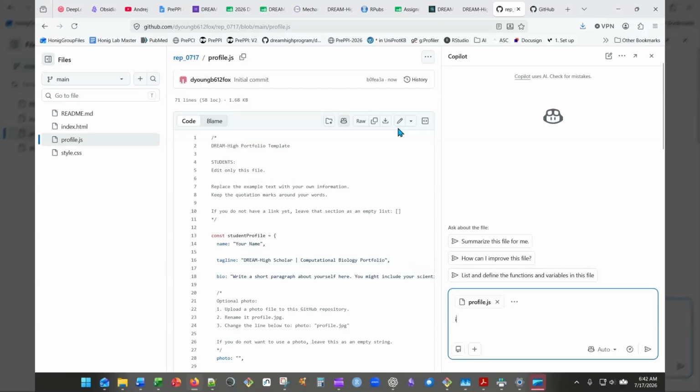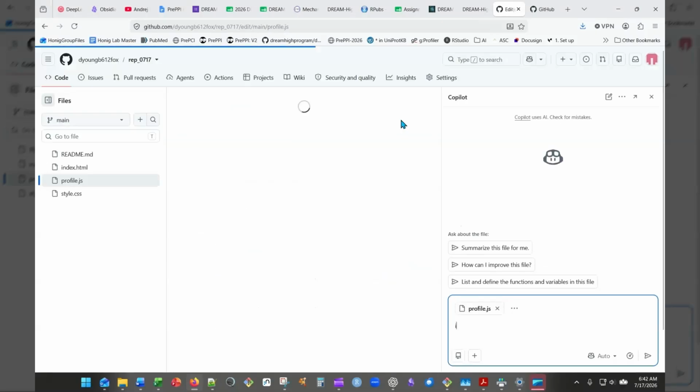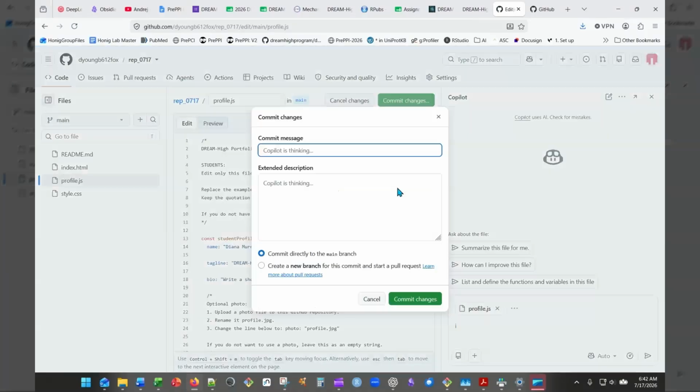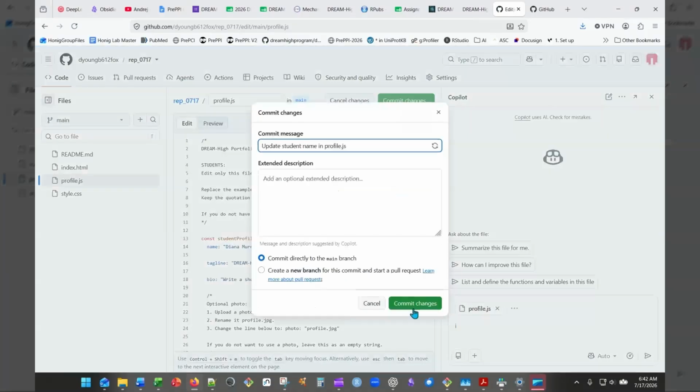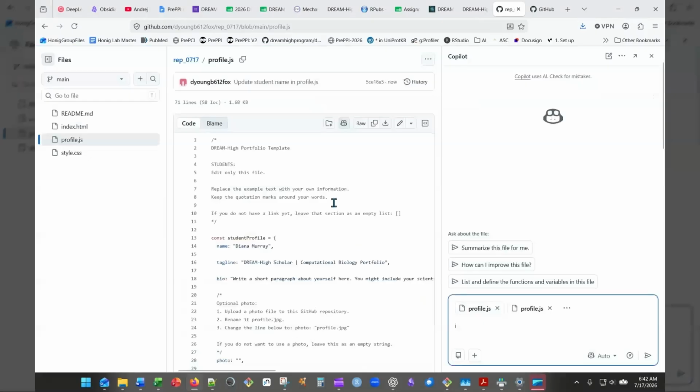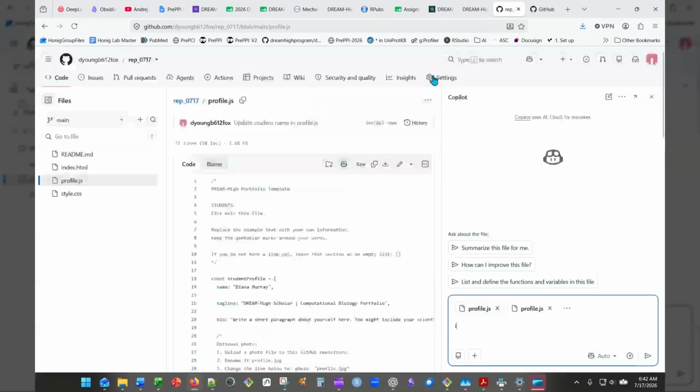I have to click edit this file. Okay, now I can change my name. DIA. All right. Now we don't save, we commit the changes. And I'm committing directly to the main branch. Okay, that looks good. Now we go up here to settings,